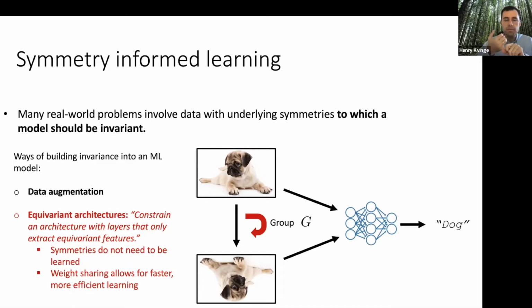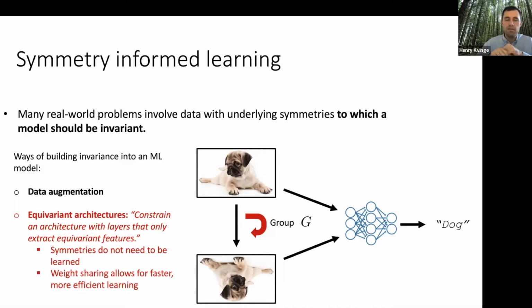So there's two ways that people try to make these models invariant to symmetries. The first is through something called data augmentation, and this is the simplest thing you can imagine doing. If you want the model to learn how to recognize upside down animals, you show it upside down pictures. This works great when the transformation is something like rotation that I can just do to any image. It becomes much harder when I don't have a way of simulating the transformation. And that's, I think, largely an unsolved problem, how to deal with that, other than collecting more real data.